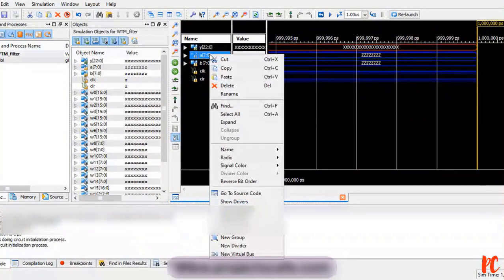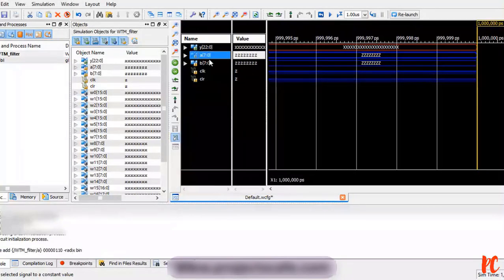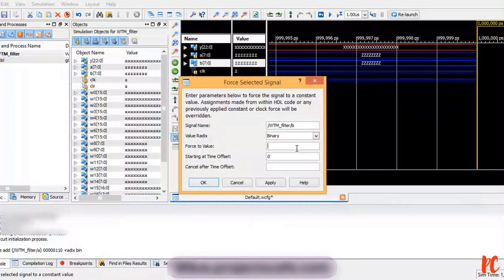This is the input. I am forcing the value 0 0 0 0 1 1 0 0. Similarly, one more value I am giving, 0 0 0 0 1 1 1 0.